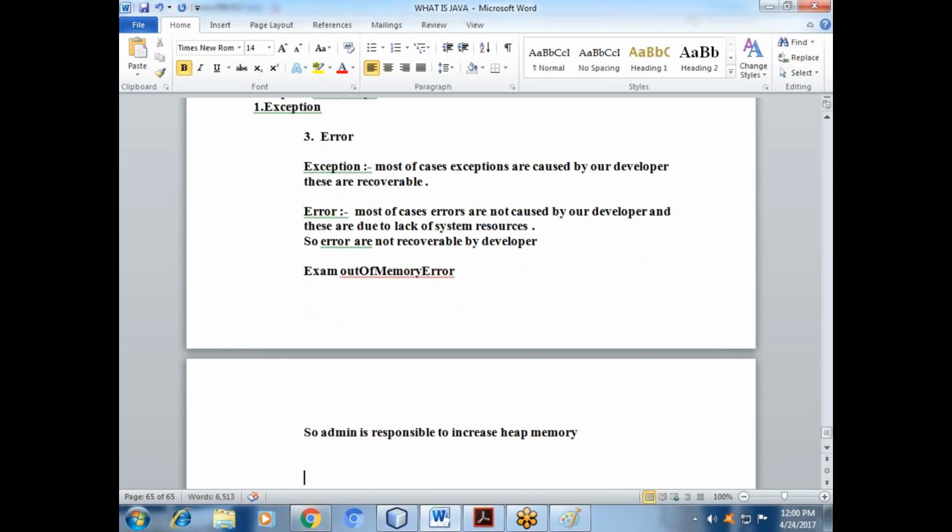Then this is also the most important topic here: checked and unchecked exception. What are checked and unchecked exceptions?